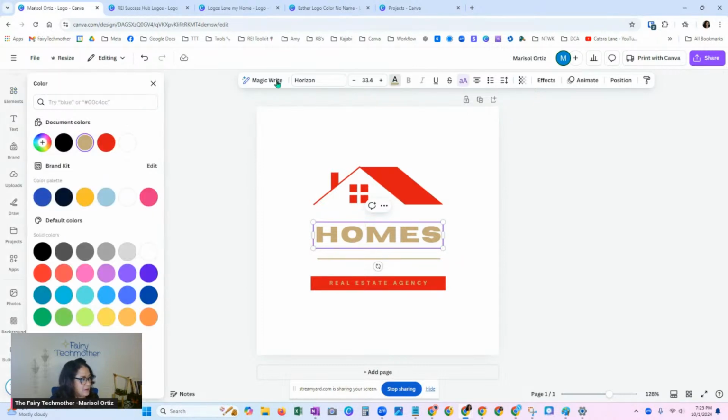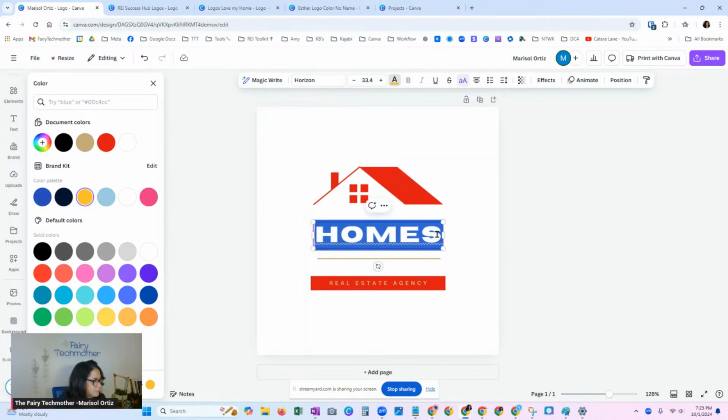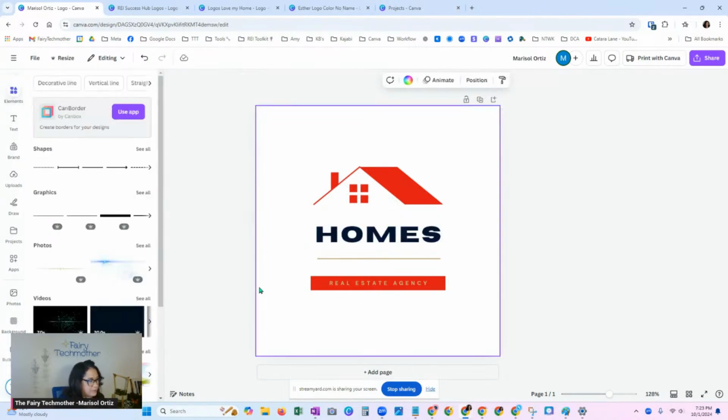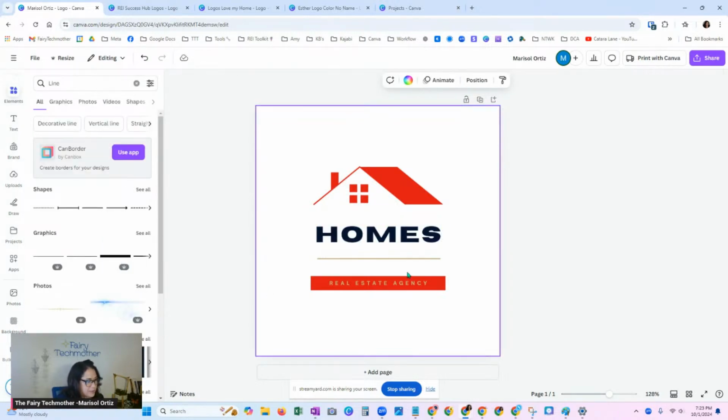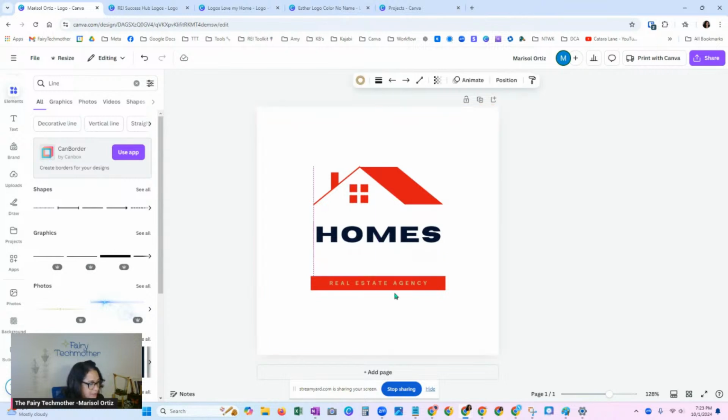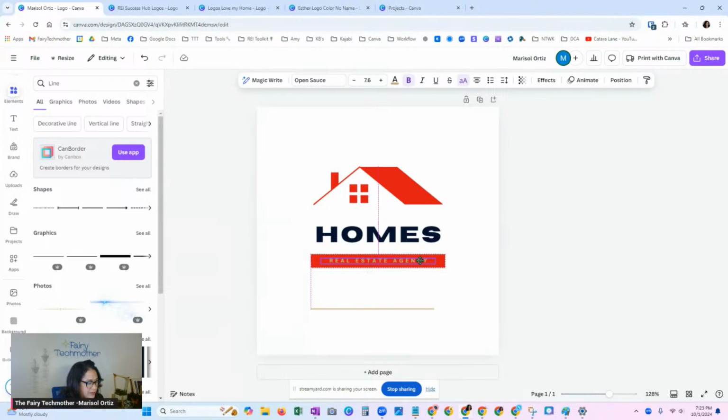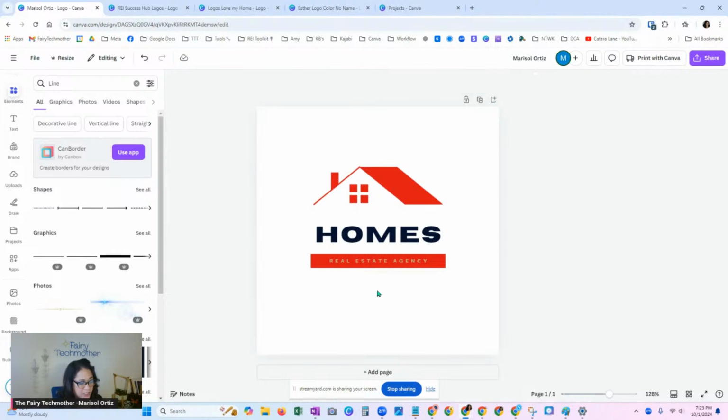Click on the color, and let's see, red and a contrasting color. Let's do yellow. Now, actually, that won't work. Let's do black or this deep blue. There we go. So I'm just going to mess around with this a little bit. I'm going to take that line out of there because we created this. Move that underneath that. I'm going to click on this line. I don't want it any longer, so I'm just going to click on that, and I'm going to click on the trash can.